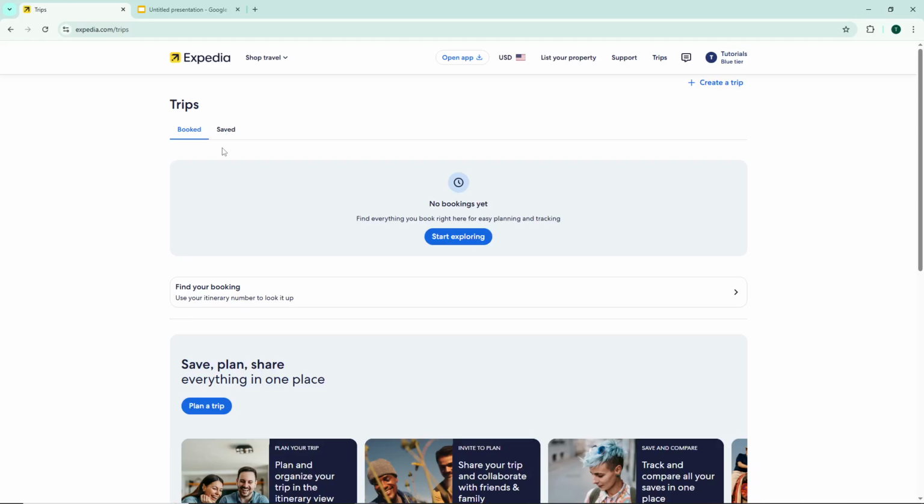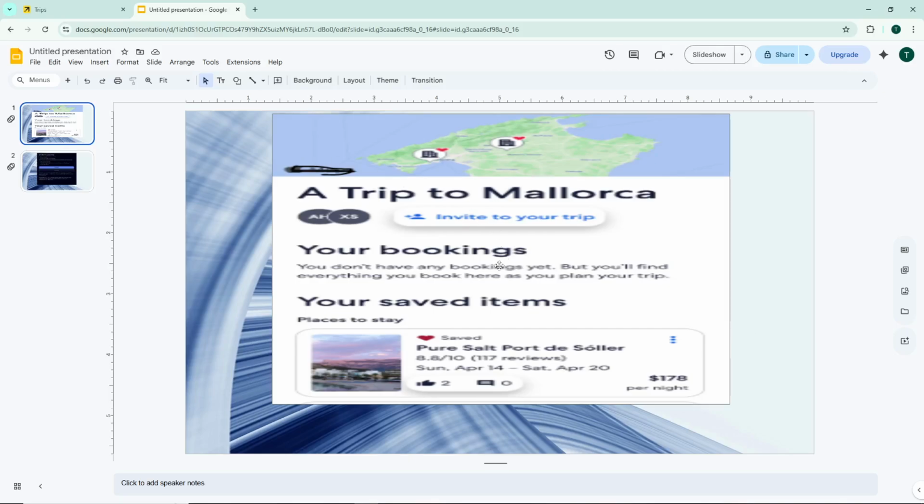Next, you'll need to select the specific trip you want to share with someone. Look through your existing trips in either the upcoming or potential section and click on the one you'd like to invite someone to. This will open up the full details of that particular trip, showing you all the bookings and